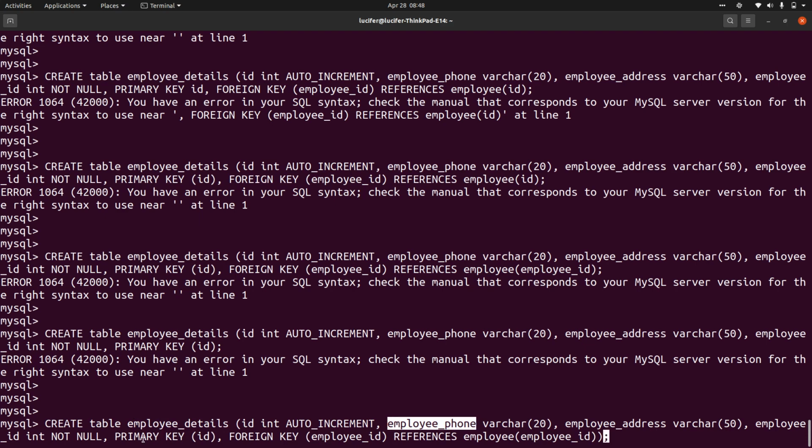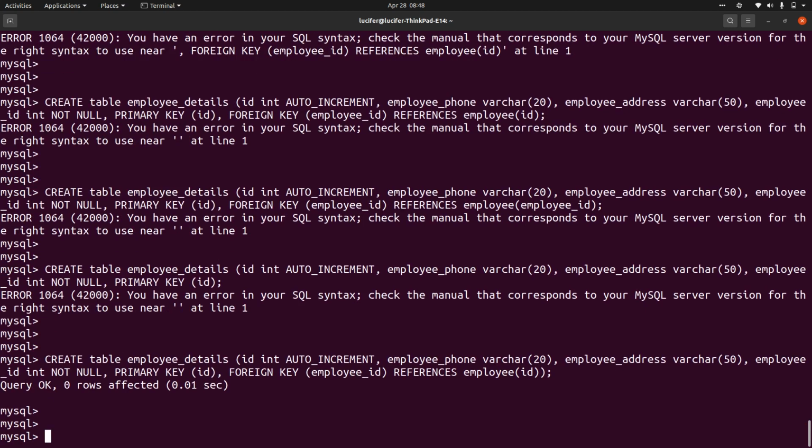So basically you don't have to give the foreign key but primary key, but always for IDs try to give primary keys, okay, so that you can relate this particular ID into other tables as well. Then we have foreign key with employee ID. We are referencing the previous employee table's ID. Okay, we'll keep this to ID itself because that was the primary key. Now you can see that the table has been created.